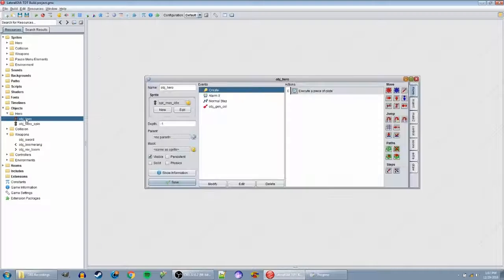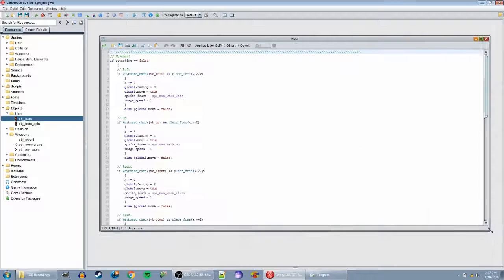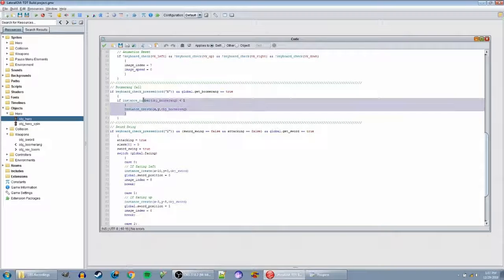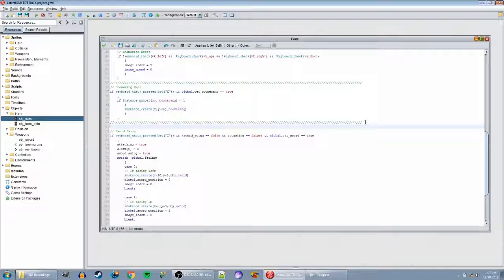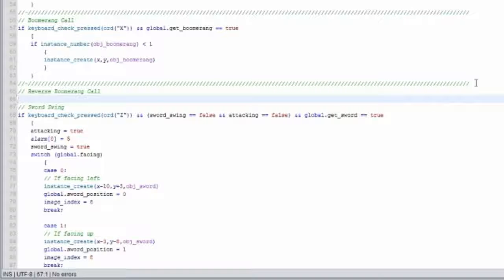So there's that. Now in your object hero, in your step event, the call function is going to be a little bit similar to this, but a little bit different as well. So what we need is reverse boomerang call. Anyways, what we need is a check for the keyboard. So if keyboard check pressed